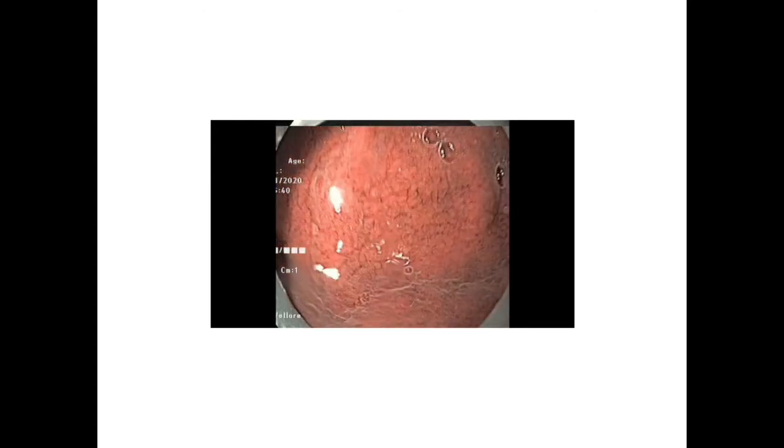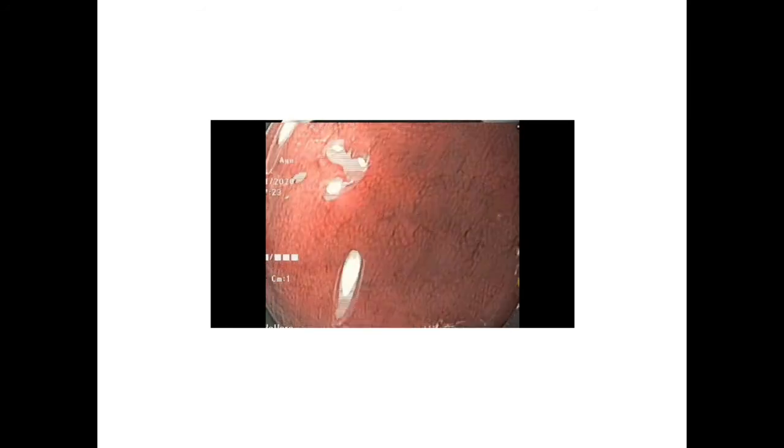So this is a near focus image of antrum. As you can see, the white structures are the surface pattern which are running in a zigzag fashion, and the darker structures are coil shaped. They are the microvessels, which are also called subepithelial capillary network. So the browner structures are the vessels, the whiter structures are the surface pattern. We examine different areas of antrum and then we move to the body of stomach. Again, I'll show you one area of body of stomach and what is the appearance on narrowband imaging.